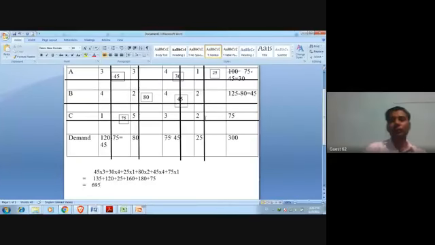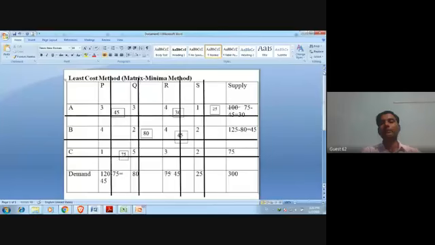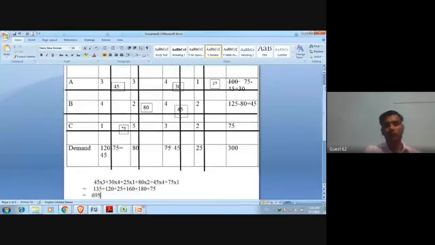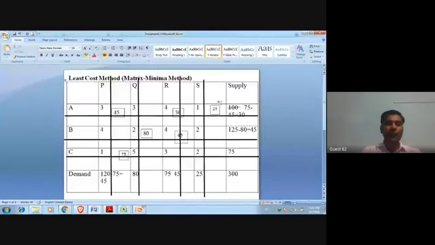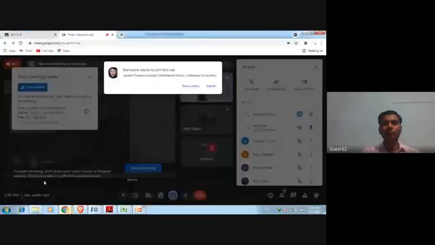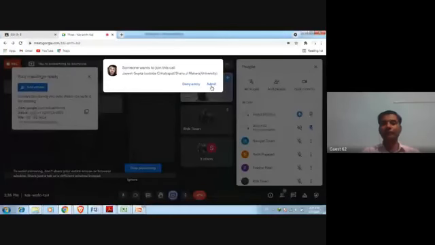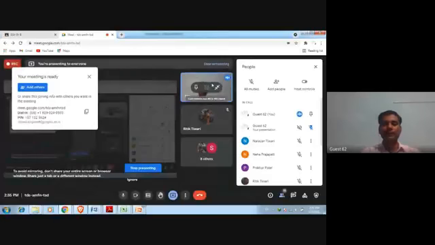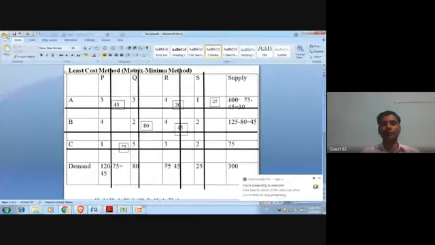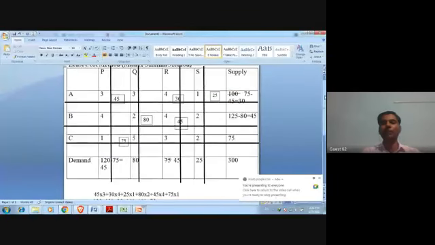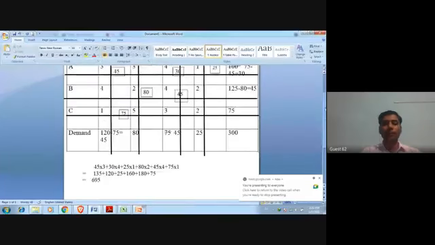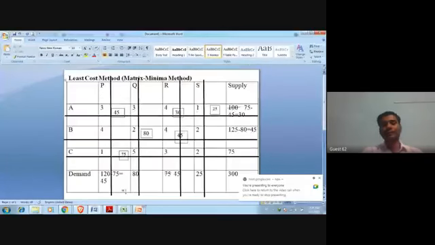Okay. So from the least cost method, now I have already told you the NWCM method. So you have to apply both methods. It means you have to apply the NWCM method as well as the LCM method, that is the least cost method. And after applying both of these, you have to check which has the minimum transportation cost. Now this is the case when the problem is balanced.